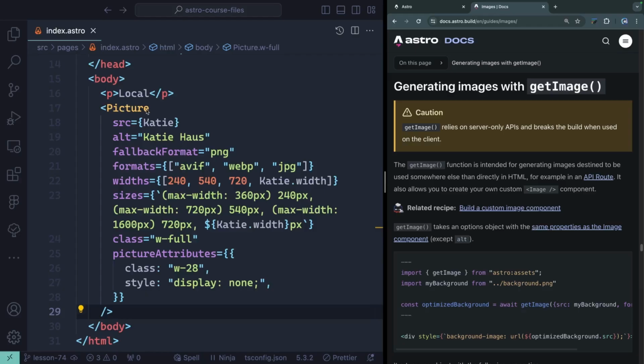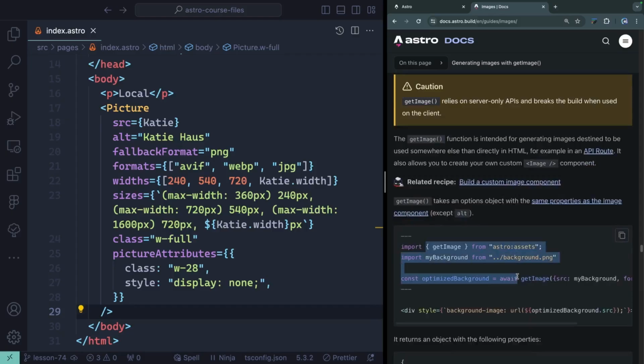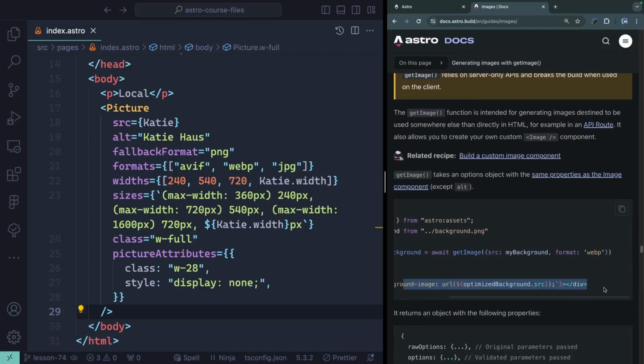Now what we want to do is look at the server-side function getImage. The only difference between the two is that this relies on server-only APIs, so you have to use it somewhere in the server. That gives you basically two options. You can either use it in the front matter, like right here, or perhaps some kind of API route, something that's called server-side. So as an example, let's go ahead and just take this one that they're giving us right here,